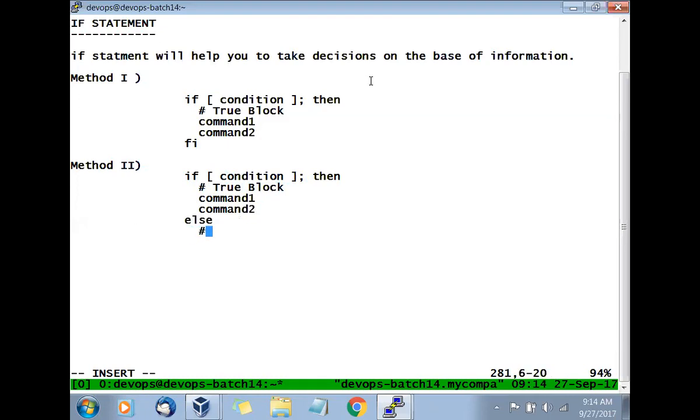Now you'll have another block which is a false block, and then we'll say command three and command four, and you'll end with that. So what you're trying to achieve is different blocks with the different methods: true block, and true and false blocks. That is how you will go along with the conditions.